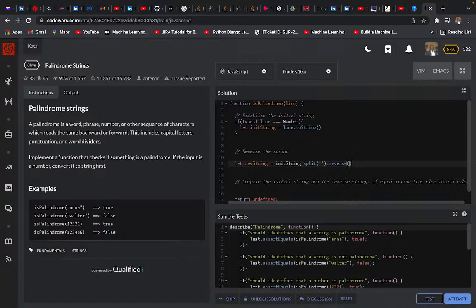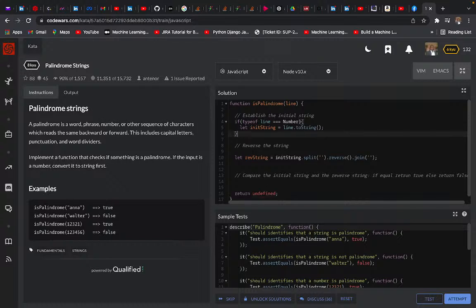Okay, so once you reverse, now you have to join back to form a string. So I'll say dot join. And what are you joining at? You're joining at an empty string. Okay, so with this, you now have a reversed string. So I'm going to put my semicolon. Semicolons are very, very important as a standard. So you can see now that I've done 2 of the steps that I mapped out